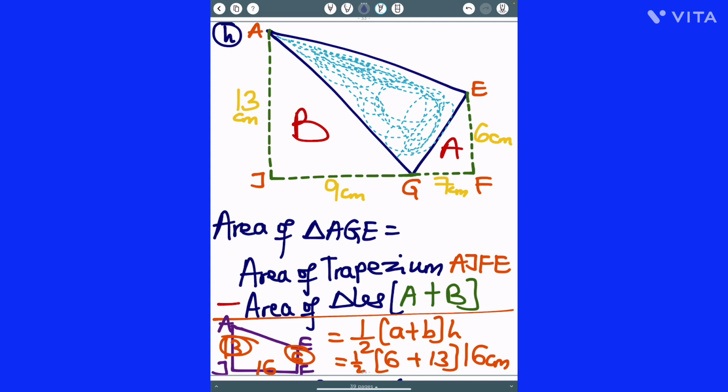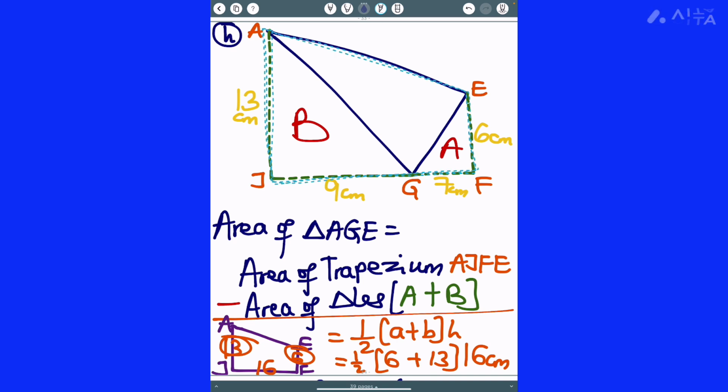Now you will notice this triangle is a part of a big trapezium. This triangle is a part of this trapezium AJFE. Look at this trapezium in blue. The triangle AGE is a part of this big trapezium. And if you look at the